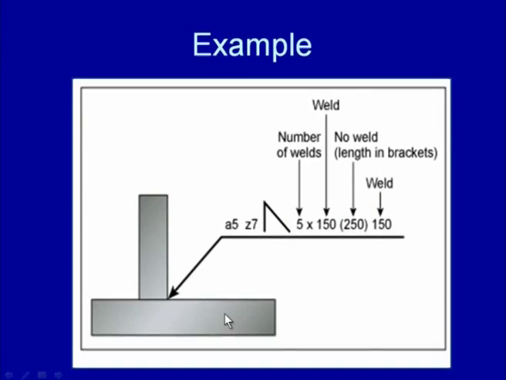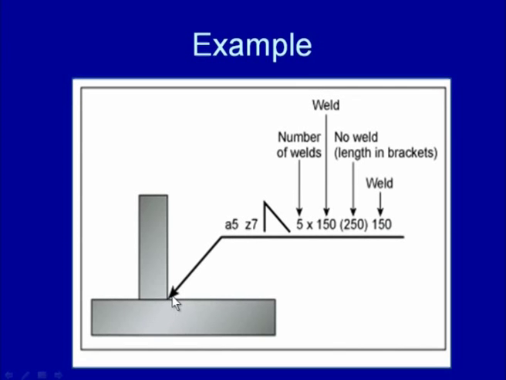This is another example for developing the T joint, where more information has been given regarding the number of welds or the pitch of the weld which is to be used. For example, here this is the arrow side, this is the reference line and this is the arrow line indicating that weld is to be made for joining these two members at this location, but since most of the weld information has been given above the reference line